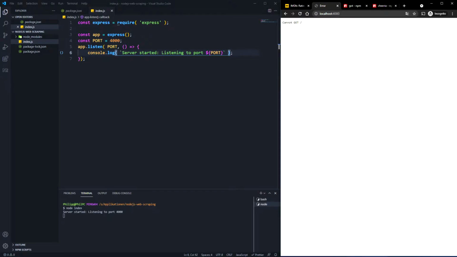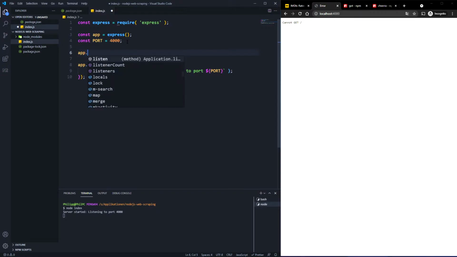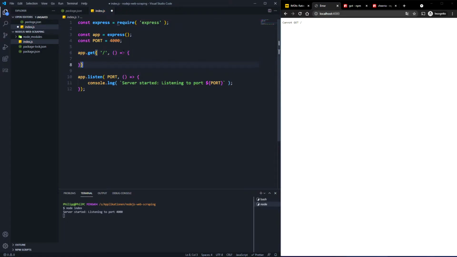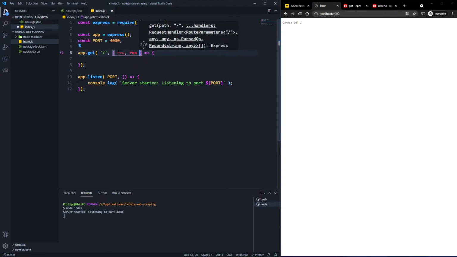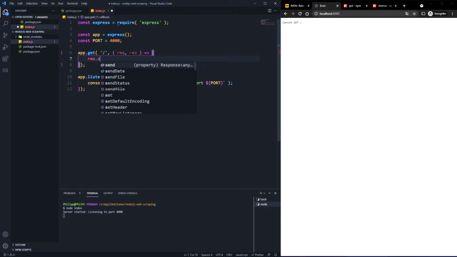So we can define our route here, and to do that, before the listen, we can write app.get, and here we type in our route. Get means the method, so get is just calling the URL in the browser. Here we get a callback function, and this callback function gets a request and also a response. We can handle that, but for now we just want to say res.send